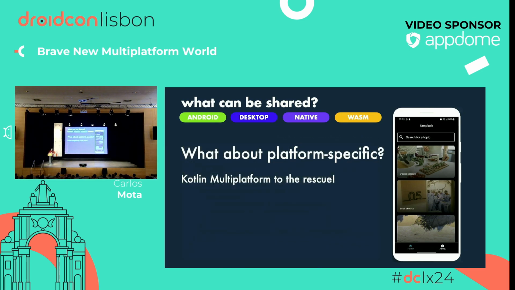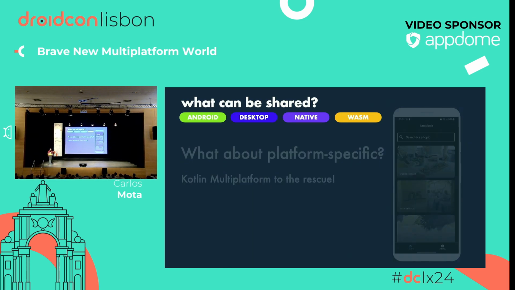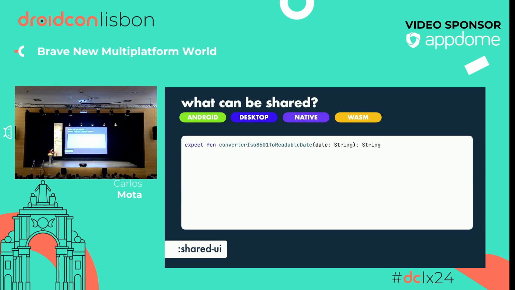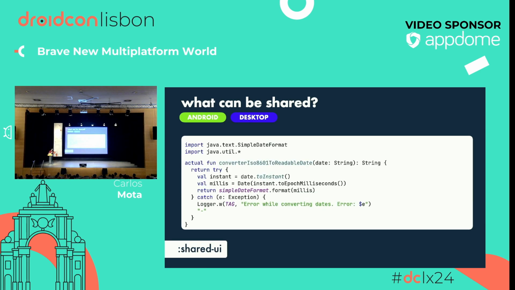So next, what about platform specific? Once again, we take advantage of Kotlin Multiplatform, and the example that I was mentioning was, imagine that we've got a string that's going to be a date, and you want to format it, just want to show the time or something like that. So we're going to start by defining expect, okay? Because this code is going to be on common main, and we want someone to define what it is. And we're going to use the Java version for this. And since we're going to use the Java version, we need to have this code only on Android and on desktop, okay? And with this, we have access to the entire Java SDK,